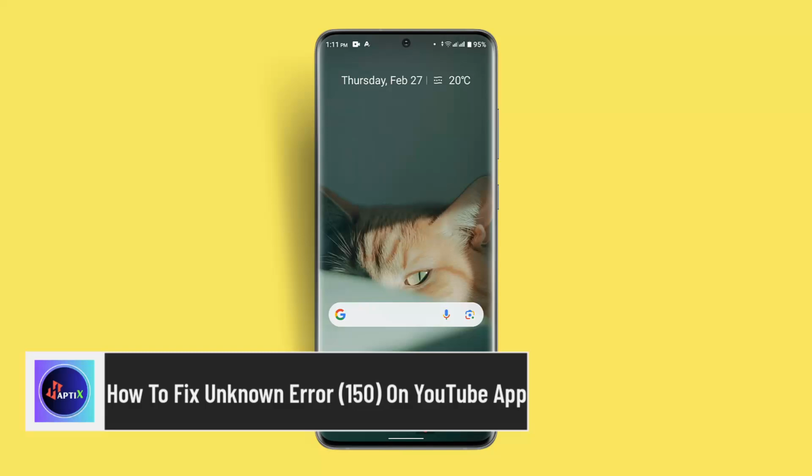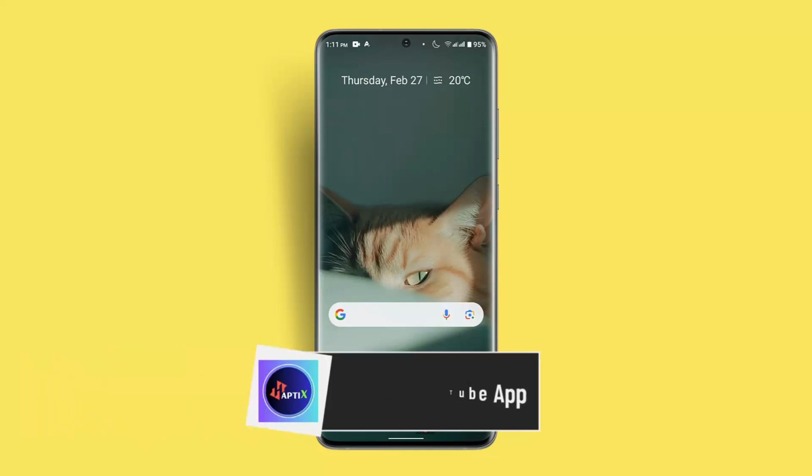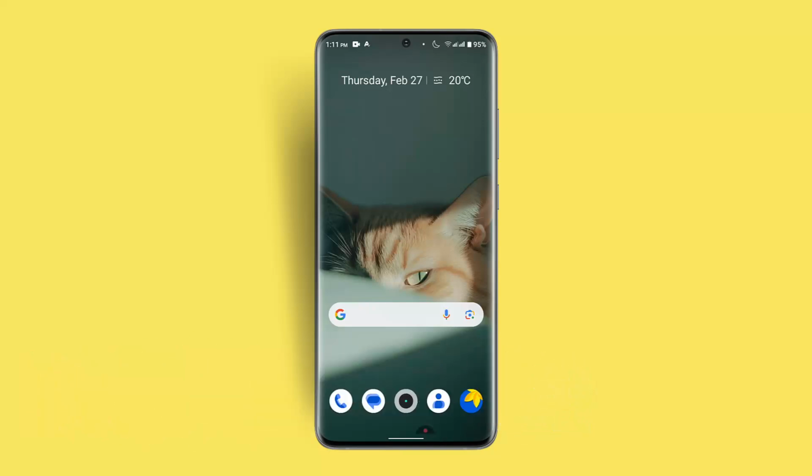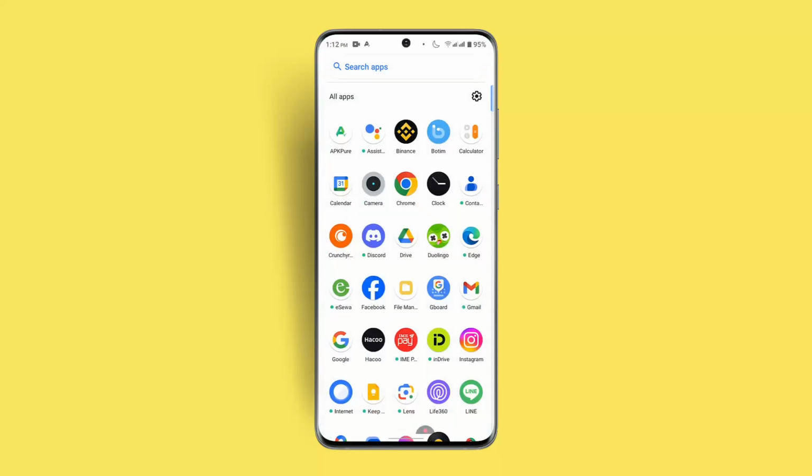In this video, I'll walk you through the steps on how you can fix unknown error on YouTube app. Now, encountering error 150 is a common issue when you're trying to play embedded videos in Google Slides or YouTube. Now, this error often happens due to a restriction like age verification, regional limits, copyright issues, or the video isn't allowed to be embedded on other platforms. So in that case, what you could do is go ahead and make sure to follow the rules